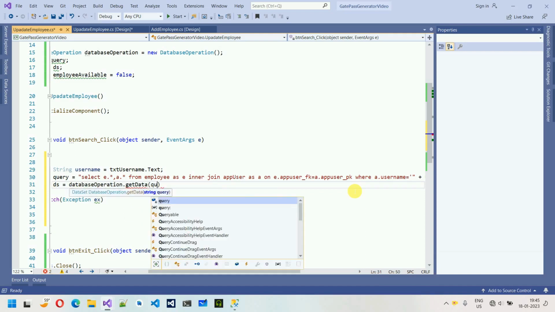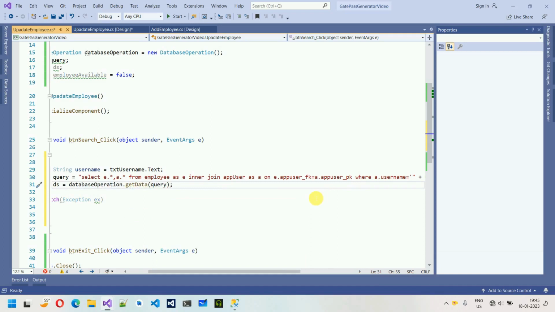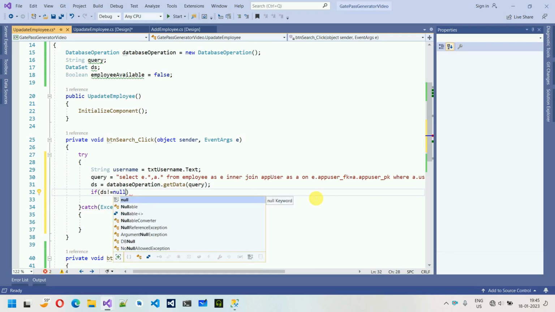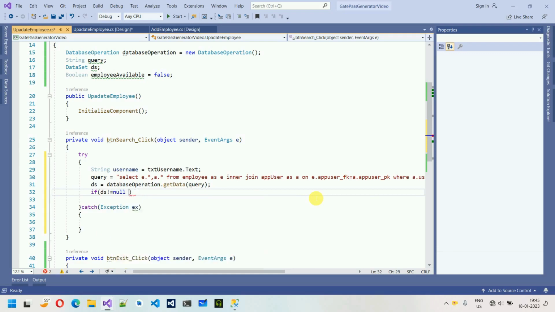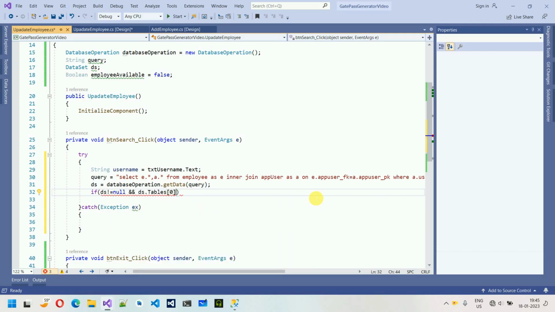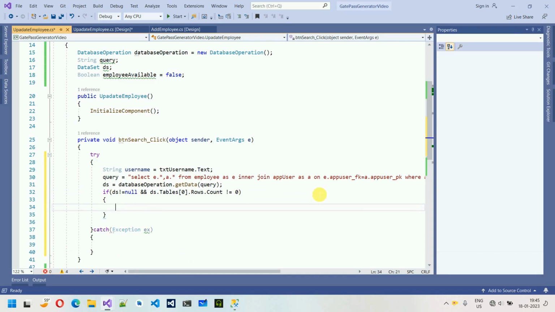Inside this one, we have to pass the query, something like this. After this, what I have to do is I have to check if this dataset contains the data or not. So ds not equal to null, and ds.Tables, inside this one, 0th table .Rows.Count is not equal to 0. Then what I want to do is I want to extract the data from this data set and set into the table, right? So for that, and if this is not the case, then what we have to do is